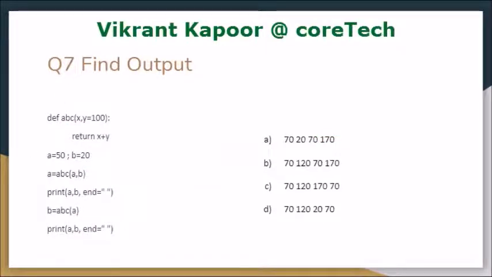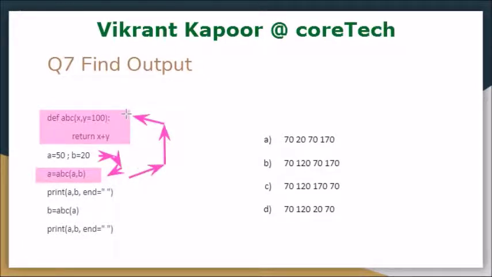Let's see this. We have a function having one argument as default, 100. So over here it will return the value of a and b. So a is 50, b is 20. The values will come at this place. The value from here will go here. Now the answer should be 70 in the first case. Once again, in the question we have three options, all the four options where we have 70 at the first place.